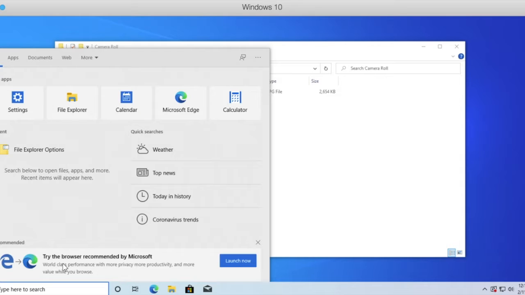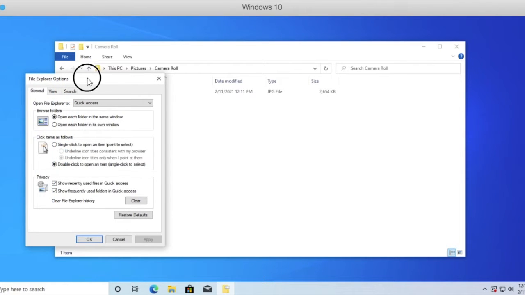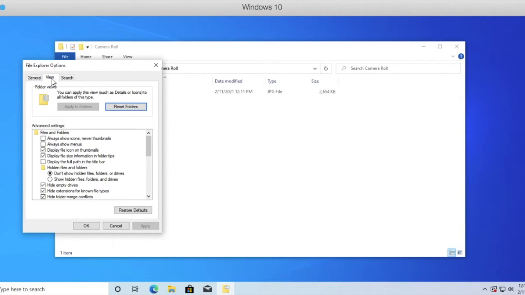And you can go ahead and just start typing File Explorer Options, and you can see I've done it a few times before, so it kind of remembers it. Choose that, and you get this window here. You can move the window around. You can see there's a few tabs, and there's many options in here for you to take a look at, maybe play around with. But I'm going to click on the View option, and what I'm looking for is this